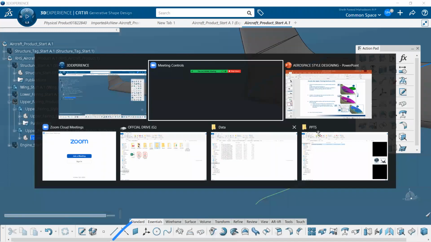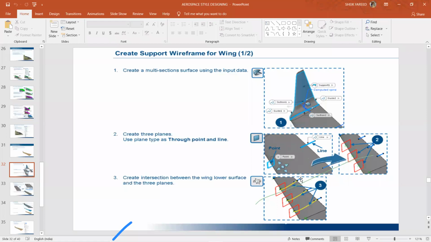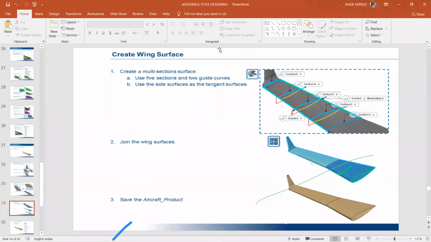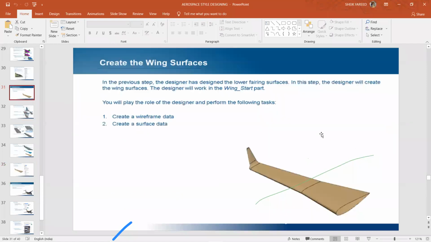The wing option. First, we have to create the multi-section, and then we have to create the profiles in between the wing, and then we have to generate a multi-section using the profiles that we created, and then we have to join to create the perfect wing. That is the fourth thing we have to do in here itself. So the first thing first, let's start to create the multi-section over here.